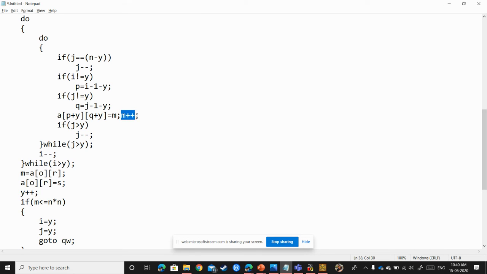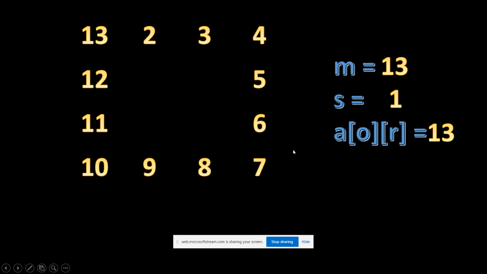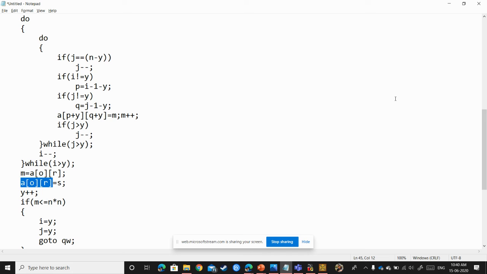So I will be assigning the a of 0 comma r 13 value to m again, and a of 0 comma 0, I will be assigning as s, whose value we have taken initially. Now do you understand why I have used this s variable and a of 0 comma 0?